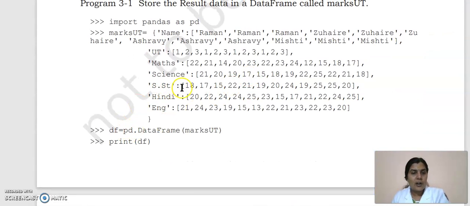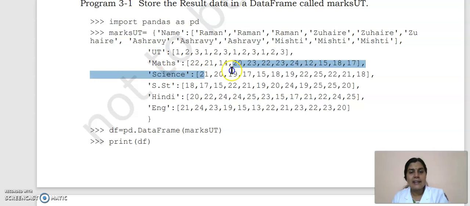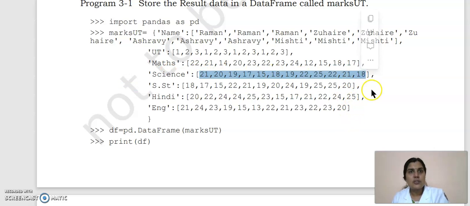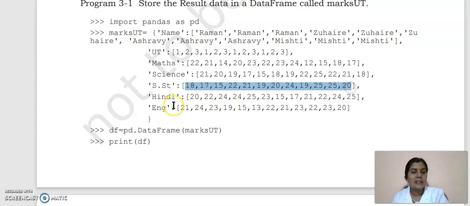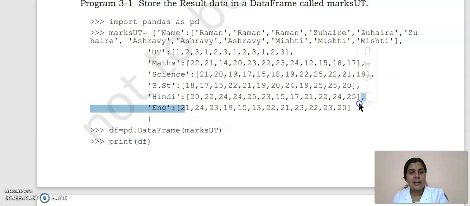So the next dictionary key will be science and its corresponding values. For 3 unit tests of each student, 12 values are passed here. Then for SST 12 values are passed. For Hindi 12 values are passed. For English 12 values are passed. And the dictionary is closed. Here the dictionary started and here the dictionary is stopped.